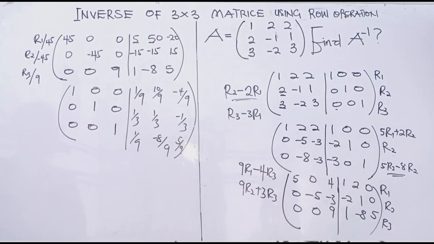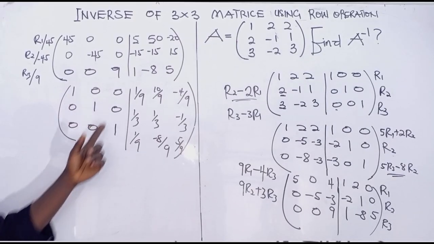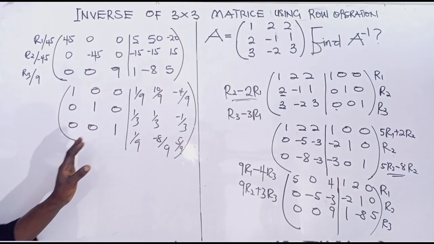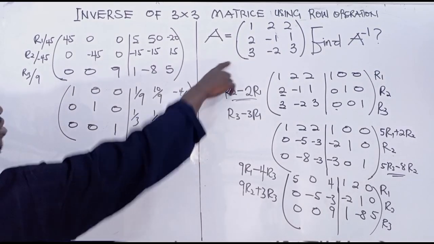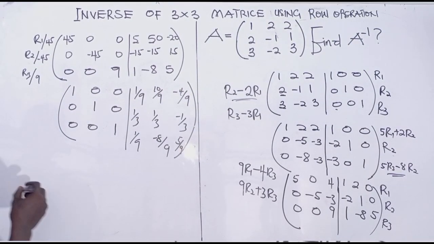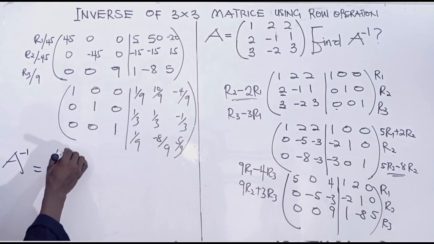So we can observe that on the left-hand side of the augmented matrix, we are having a 3 by 3 unit matrix. Once you achieve this, what is left on the right-hand side becomes the inverse of the matrix we are looking for. Therefore, the inverse of A will be given as